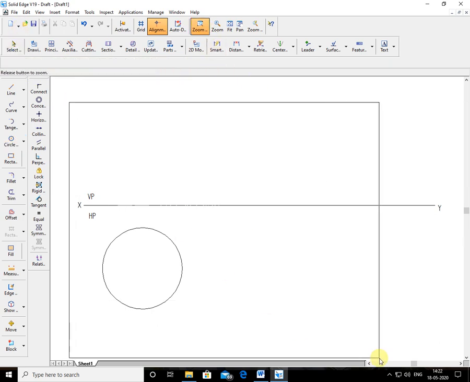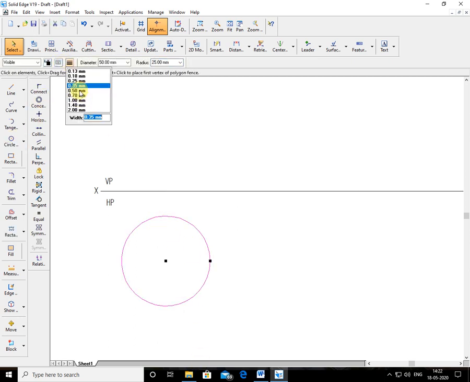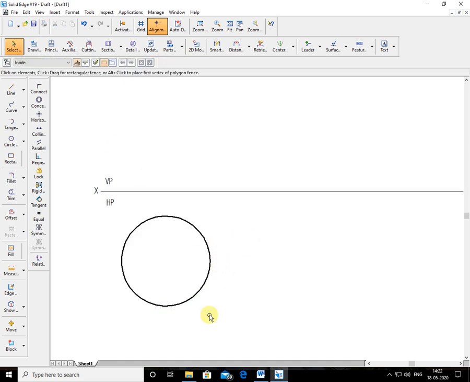Now this view, that's why I make it. Usually you have to do it on the computer in the examination at 0.5, but to see it clearly in the video, I'm choosing a thickness of 1 mm for understanding. Okay. Now you have to divide a circle into a number of parts. How many parts here?